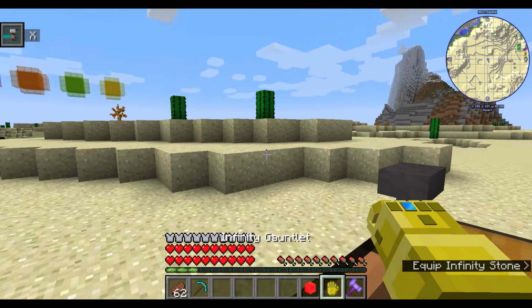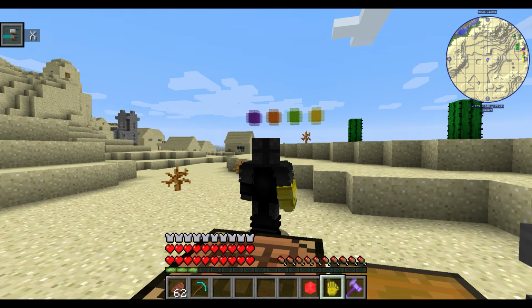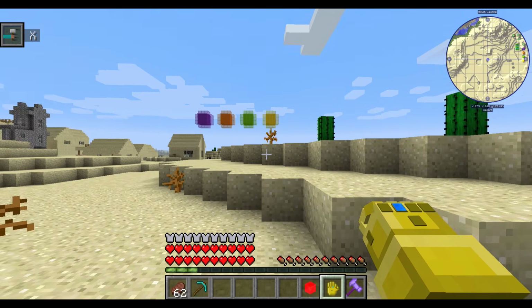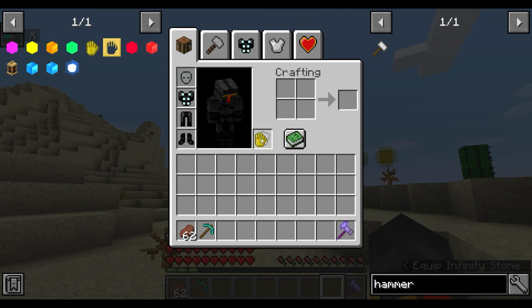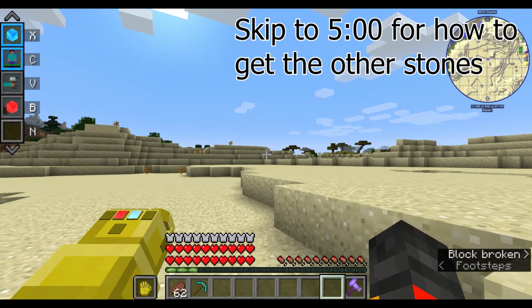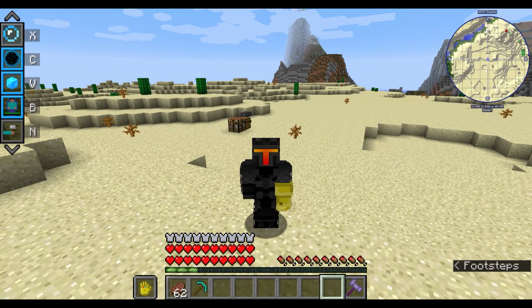put in the space stone, and there's an option in the settings that actually makes you have fingers. I chose to do it because I like it like that. And let's also put in the reality stone. So if you put it in your offhand, immediately you can see I have more abilities. So with the space stone, the abilities I have is if I click B,